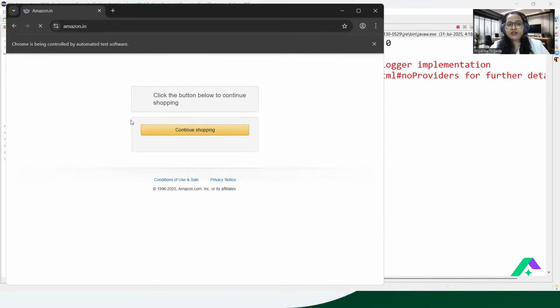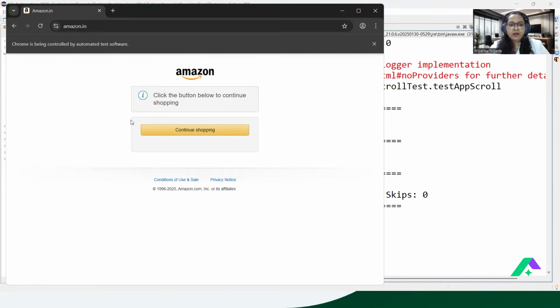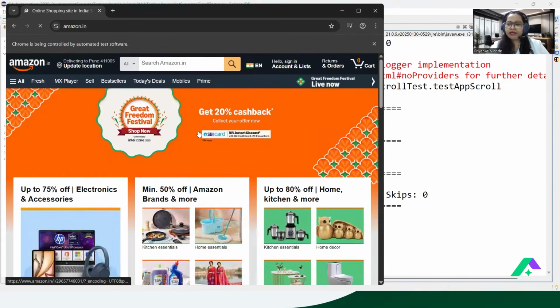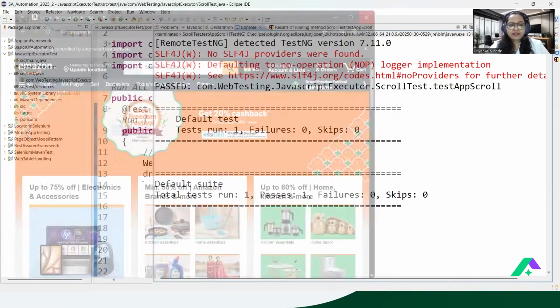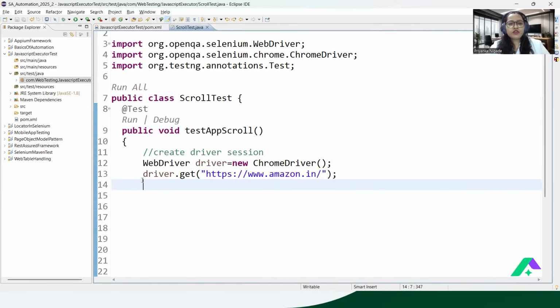So focus. Very first, browser launch with the same application. Got it? Somewhere here you can see I'm able to see this option, right? Currently this is the page, but when you click on this button, you will be able to see your main home page, right? So guys, this is my page and these are the steps I have already automated. But I want to show you how I can scroll that web page, correct?